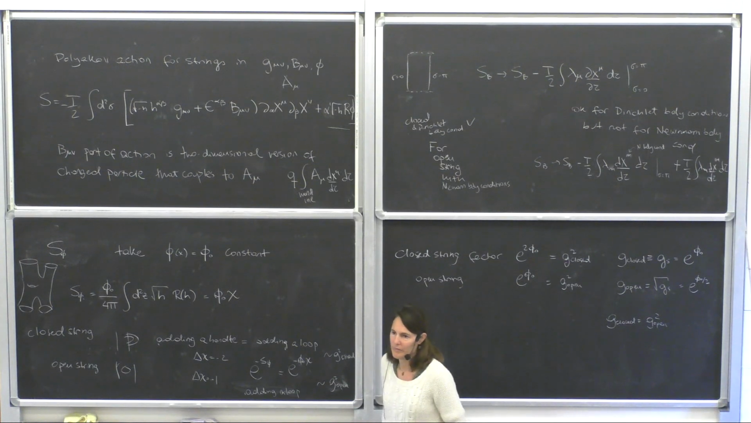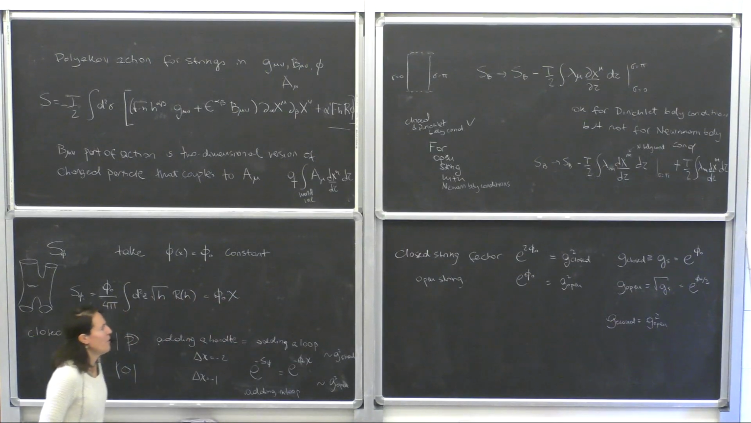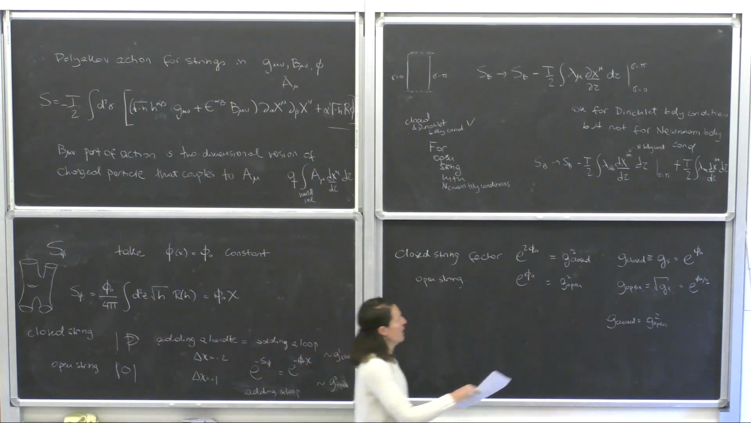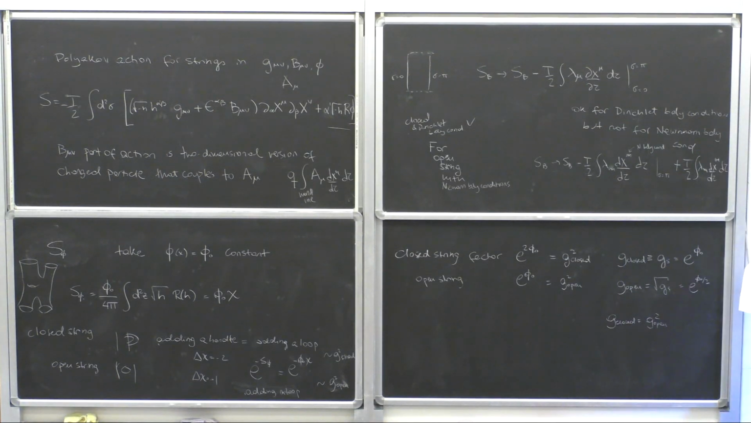So everything we've been doing, you can trust if this vacuum expectation value, e to the phi 0, is very small. But I mean, there is this story of moduli stabilization,